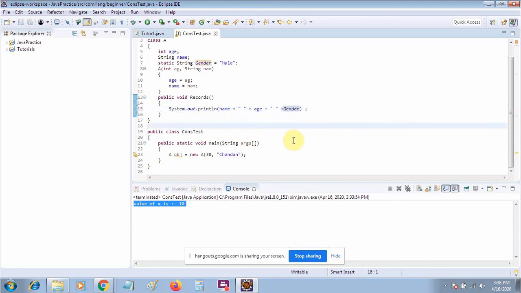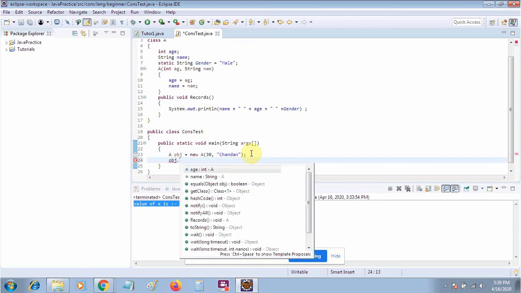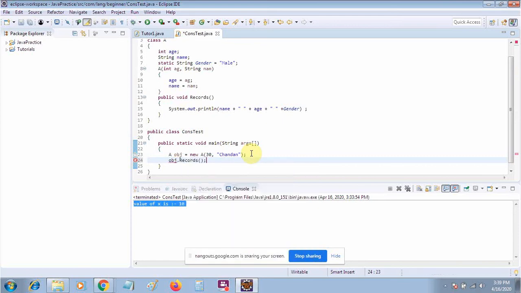Okay, so you can see that, for example, there is some scenario where your third value will not be changed in many of the cases. Okay, so you can make this value a static value, so it can be accessed without any further object calling the method. We will call the method record.